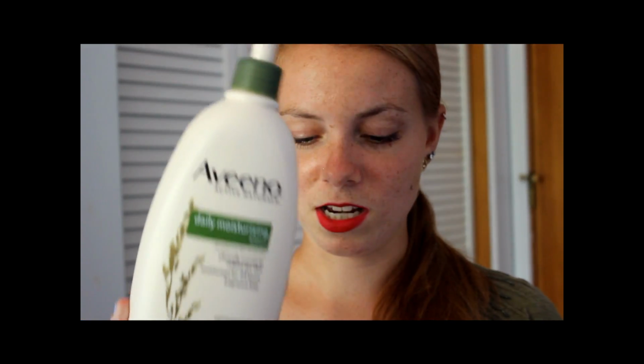So next up I have this Aveeno Daily Moisturizing Lotion. It's the green one. They have a stress relief one, which is lavender. This is just the original one, the Daily Moisturizing Lotion. It says it is clinically proven to relieve dry skin, moisturizes for 24 hours, and it's fragrance free and dermatologist recommended. I've gone through so many of these. I use this pretty much every day all over my body. This is the moisturizer that I use, and I also use this on my face in the morning because it,